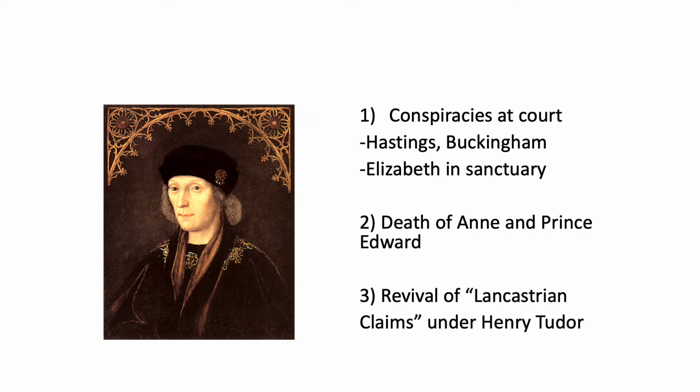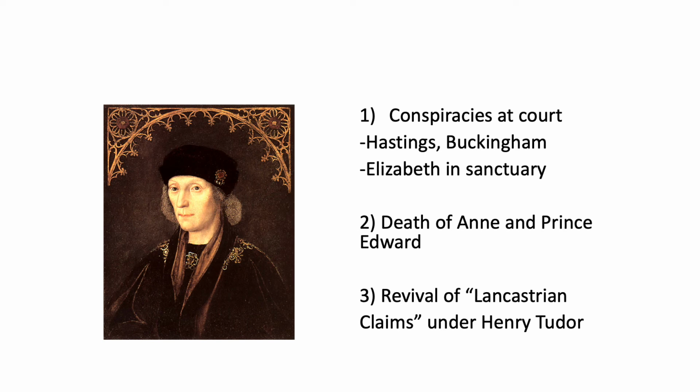There are a lot of conspiracies at court. In particular, William Hastings, who was very close to Edward IV, was not happy with Richard's decisions. Richard's cousin, the Duke of Buckingham, also had his own designs on the throne, so he was working against him. Elizabeth Woodville, the former queen, was very unhappy that her two sons are put in prison, so she actually not only forms an alliance with Hastings, but she reaches out to the Lancastrians as well. Things are really challenging for Richard.